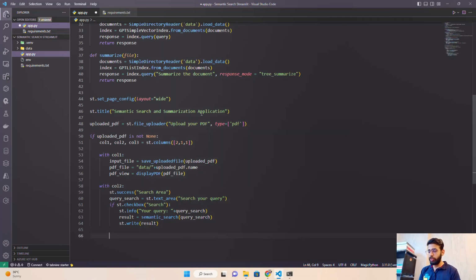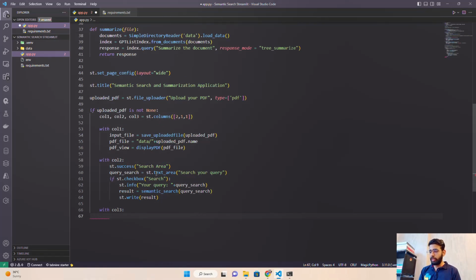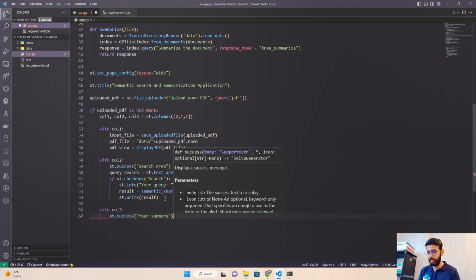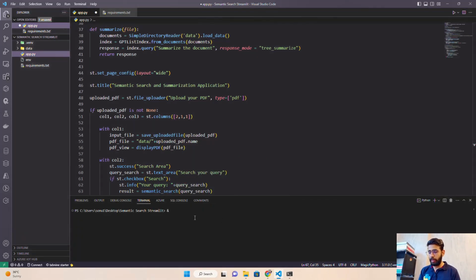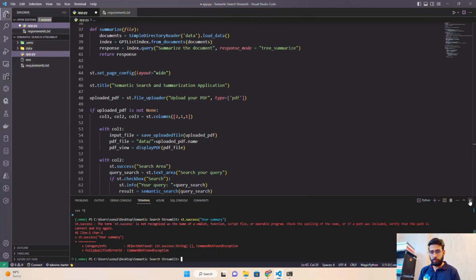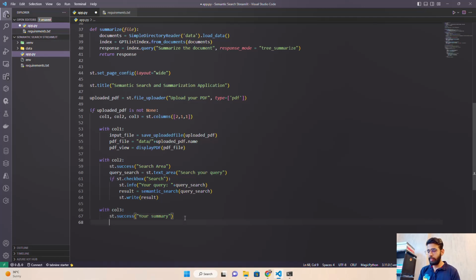This is column 2. Now for column 3, let's use that function as well quickly because it's pretty simple and straightforward. So ht.success. Let's also use ht.success again, guys. I'll say summarization or your summary, something like this. Okay, ht.success, and now here we'll use a summary result,